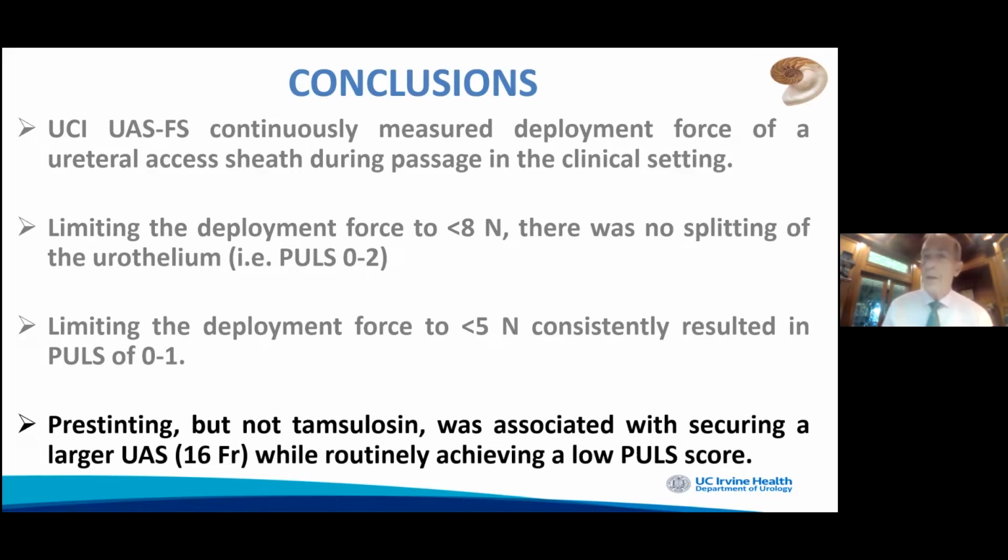And lastly, pre-stenting, but not tamsulosin, was associated with securing a larger ureteral access sheath while routinely achieving a low